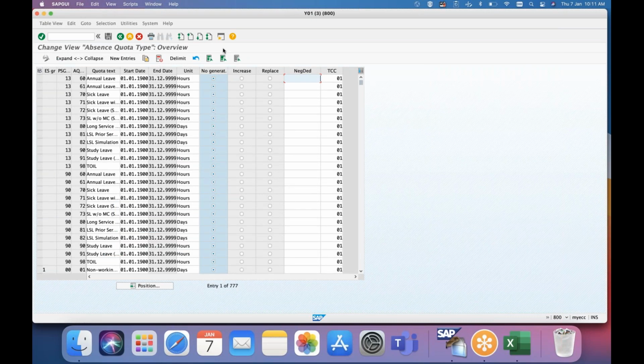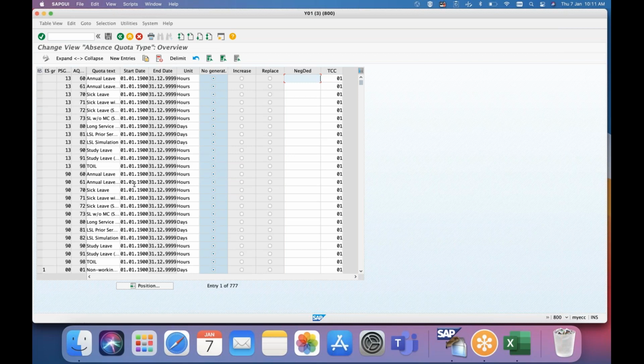See, positive and negative time, or no time evaluation, is based on infotype 7. That is what we discussed yesterday, right? If it is 0, no time evaluation. If it is 7 or 9, negative time. So activating time evaluation is based on the infotype. This is activating a quota in time evaluation.